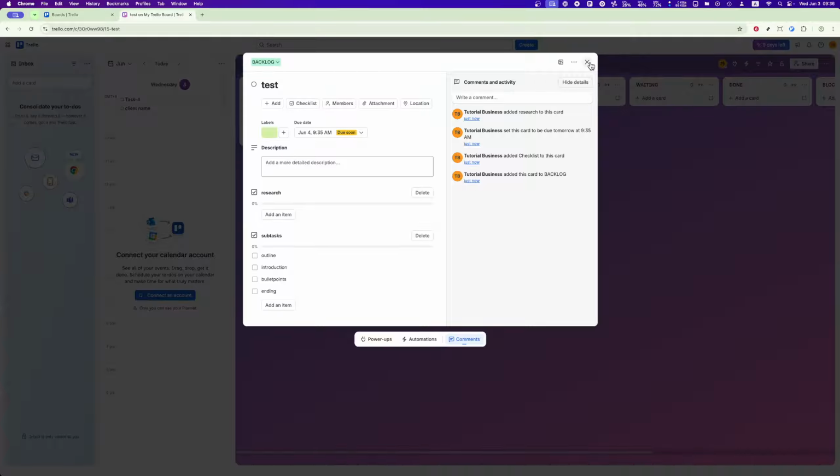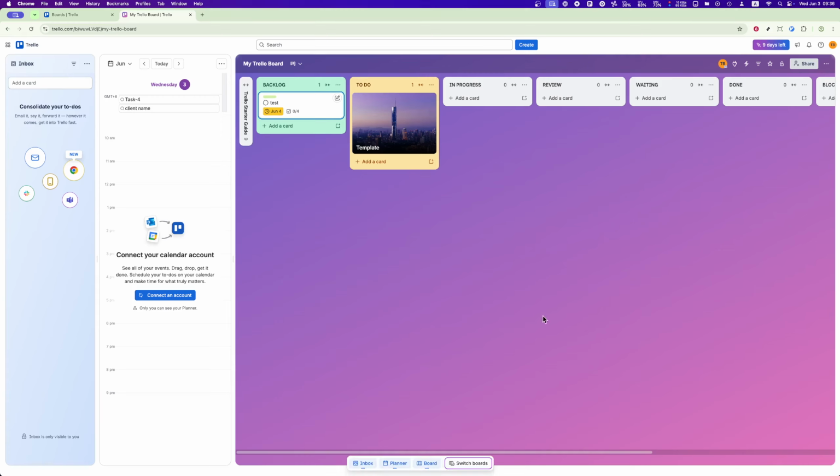And there you have it. By following these steps, you can create clear, actionable subtasks in Trello, helping you stay organized and on track. Whether you're working solo or collaborating with a team, these checklists make it easy to manage your